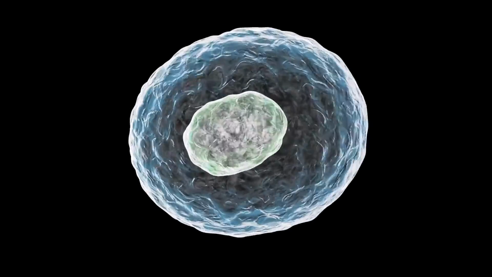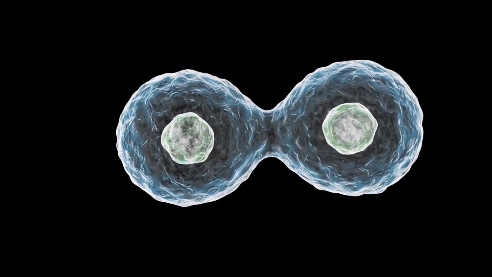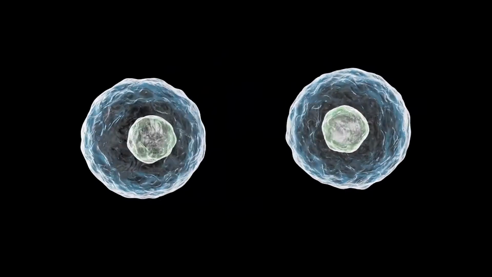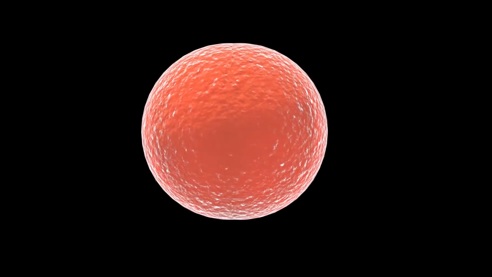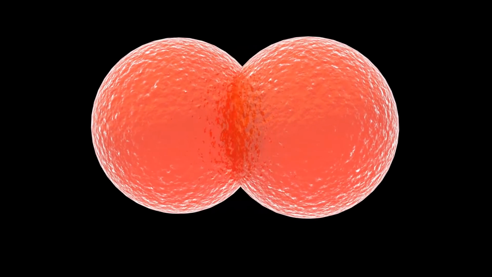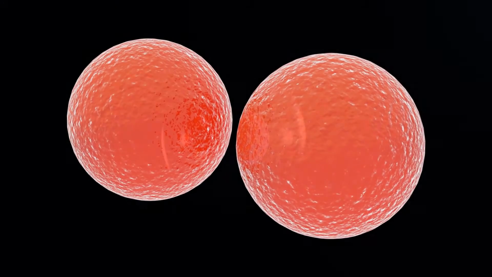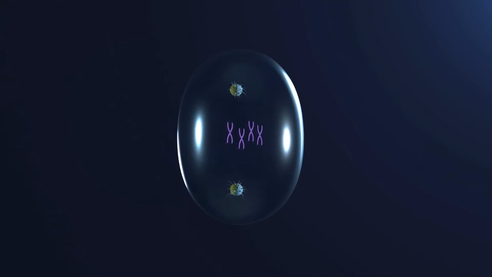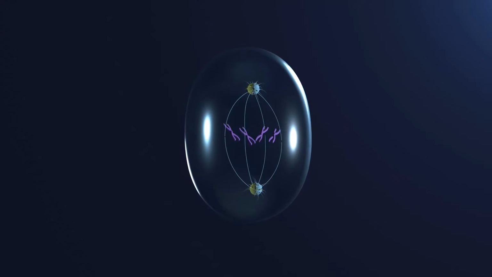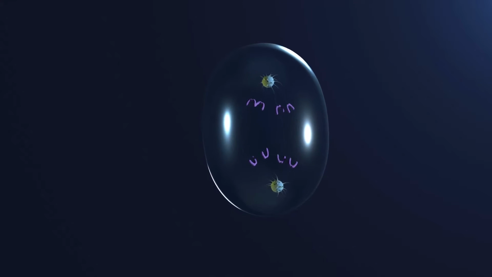The part of the cell cycle when the cell is actually dividing is called mitosis, sometimes referred to as the mitotic phase or M phase. Mitosis includes two overlapping stages, mitosis and cytokinesis. In mitosis, the nucleus and its contents, most importantly the duplicated chromosomes, divide and are evenly distributed, forming two daughter nuclei.